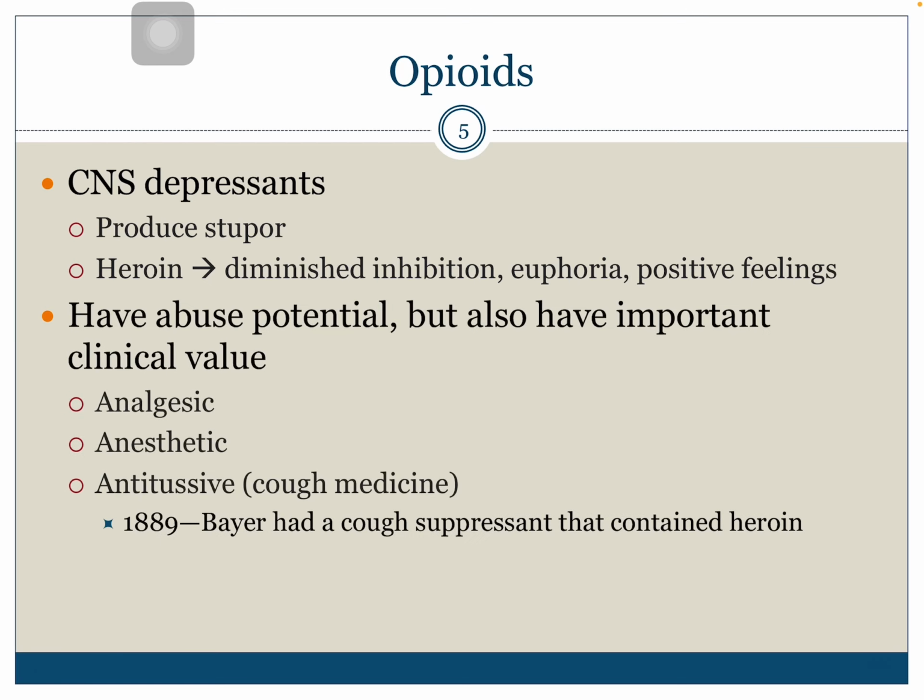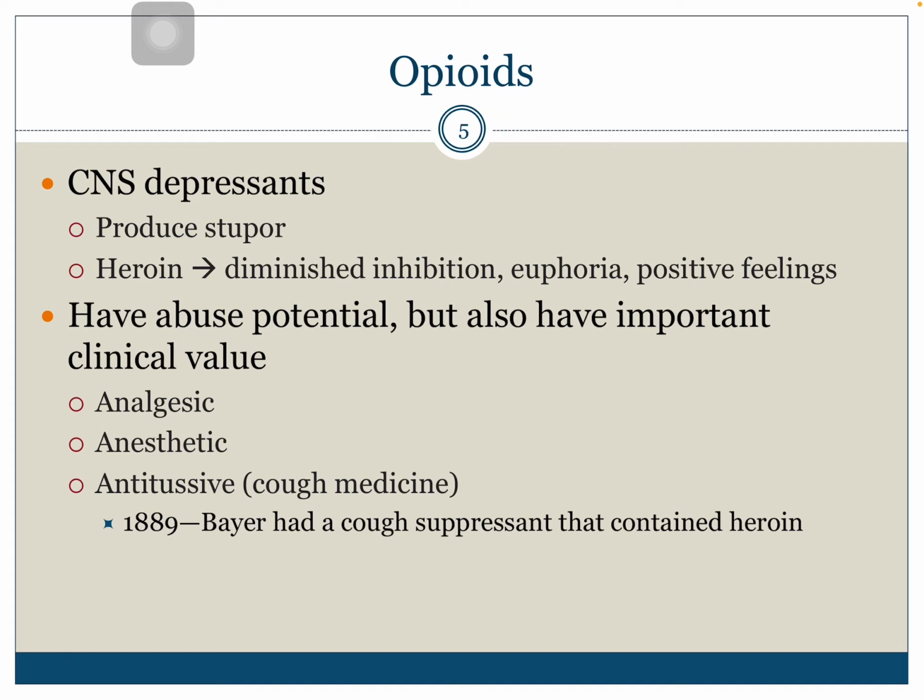Now, even though opioids do have a very high abuse potential, clinically, they're really important. And they have been important for hundreds of years. They've been used for pain management, as an anesthetic during surgery, and for sedation. It's a very good antitussive, meaning that it suppresses cough really well. In fact, in 1889, Bayer had a cough suppressant medication that had heroin in it because it does such a good job